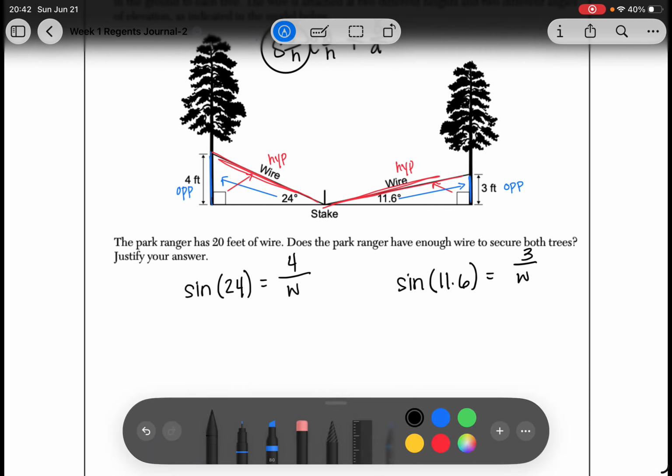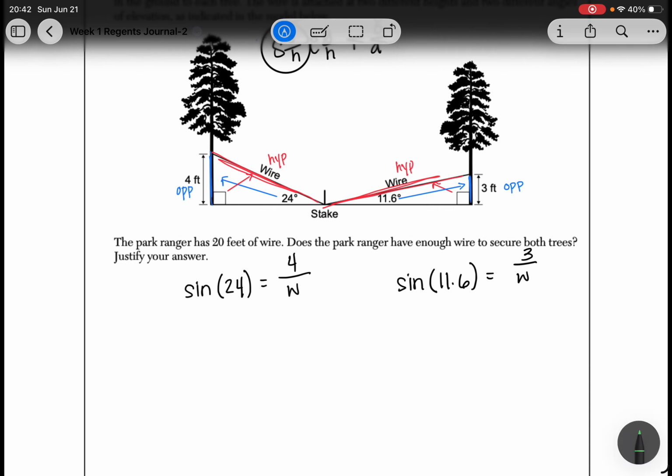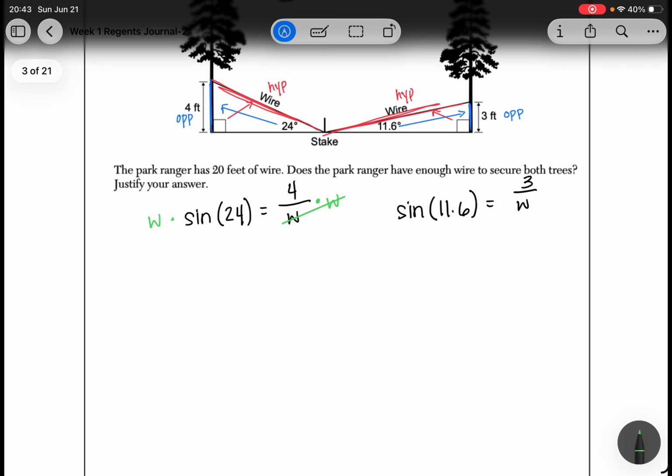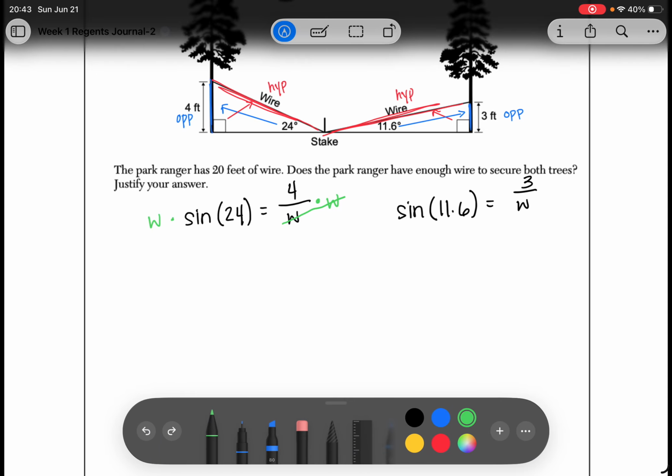To solve problems like these, I like to solve algebraically. For some of you, your strong suit will be multiplying by the reciprocal. Some of you will probably cross multiply. I like to multiply both sides by the denominator. It's a simple step that gets repeated over and over, but you always have to make sure that you're only multiplying by the denominator. Never multiply by the numerator if you're doing it this way. So when we do this, we're left with W times sine of 24